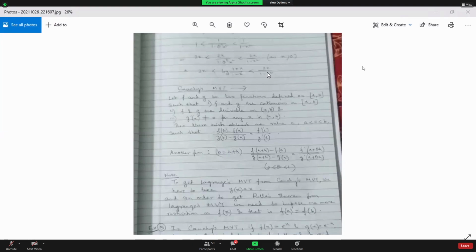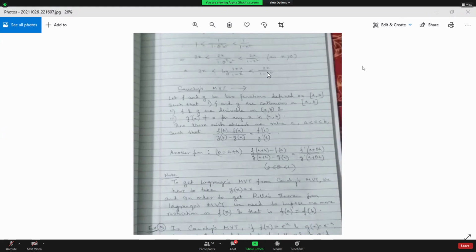So in case of Rolle's theorem, the function is continuous in closed interval. The function is derivable in the corresponding open interval. And at the endpoints of that range where the function is defined, the ordinate values are equal. The function values are equal. In that case, there exists at least one point in between the endpoints where the derivative of the function is equal to 0. That was Rolle's theorem. Now, geometrically, derivative of the function is 0. That means at least one point is there where the tangent to the curve is parallel to x-axis. That is Rolle's theorem.